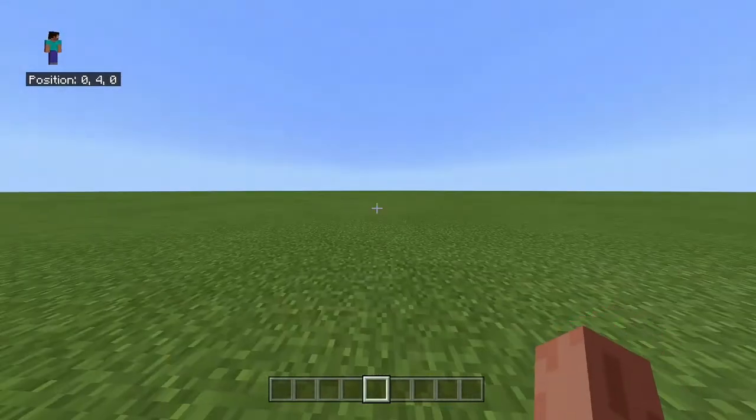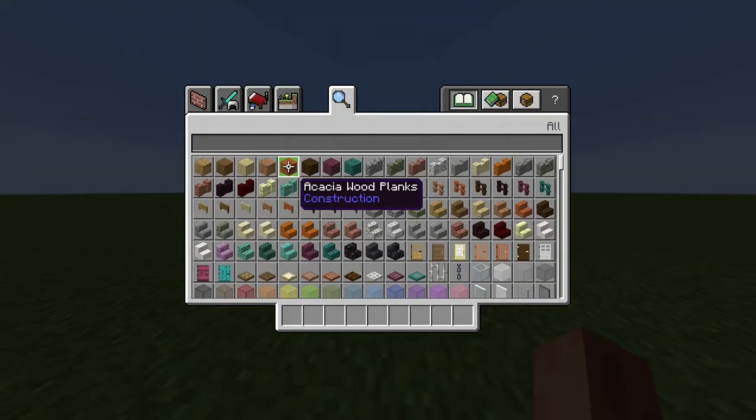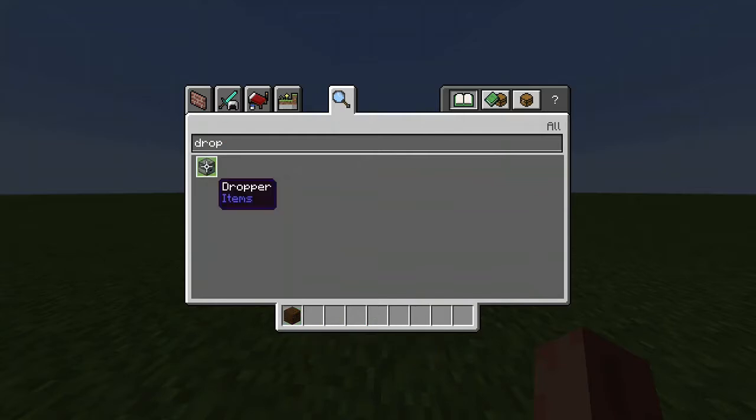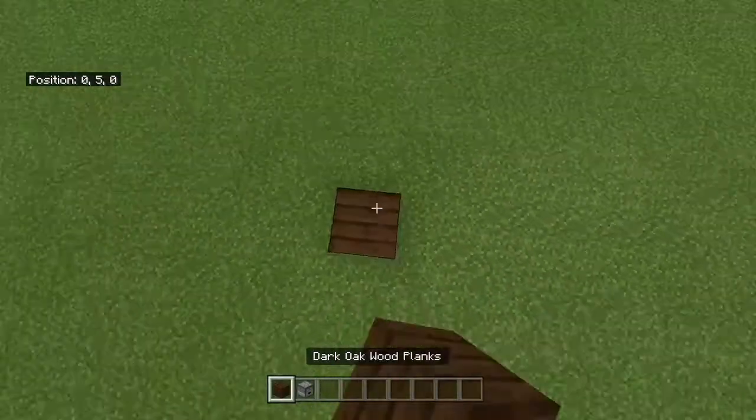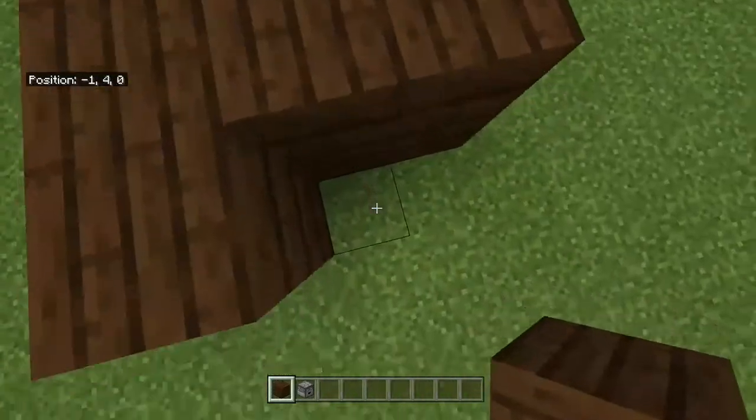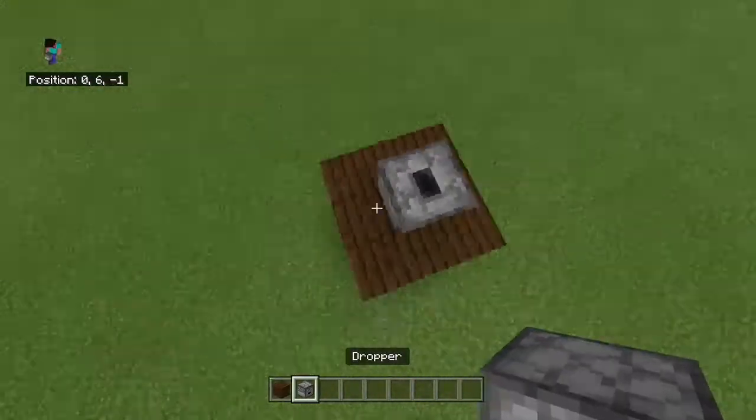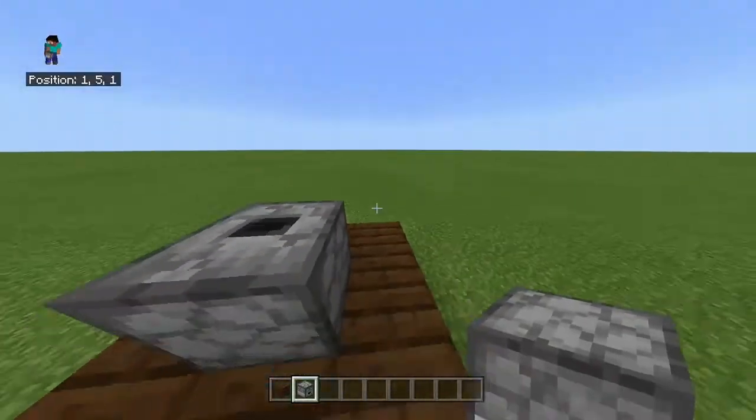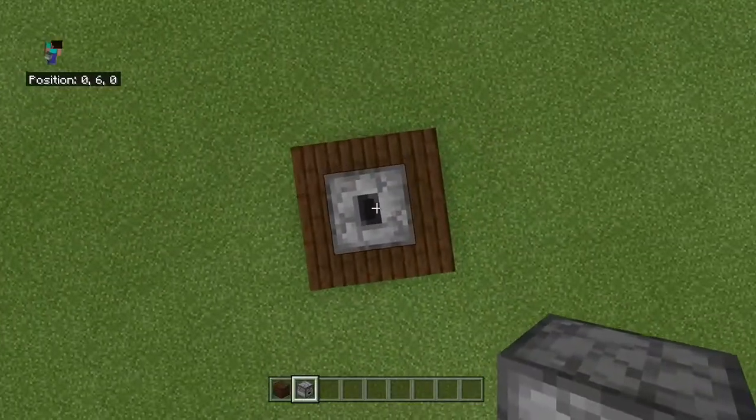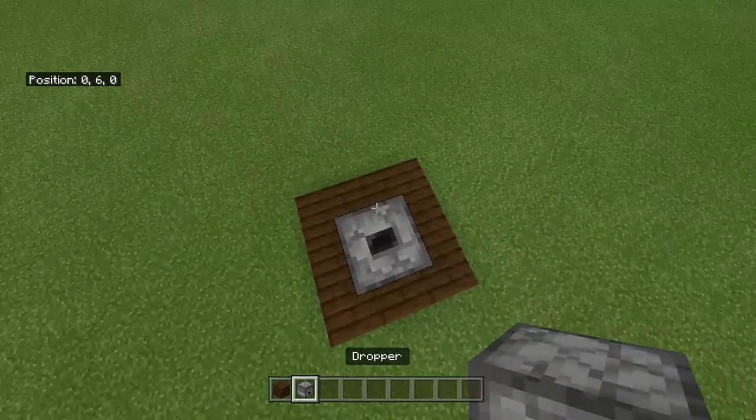Next thing you're going to want to do is grab a dropper and maybe some form of block. This dropper, you're going to want to place in your crafting area. I'm just going to do this really quick. And then I'm going to put my dropper, and it has to be facing upwards, by the way. Now that we have this dropper, do not name it unless you're going to name the dropper and keep it